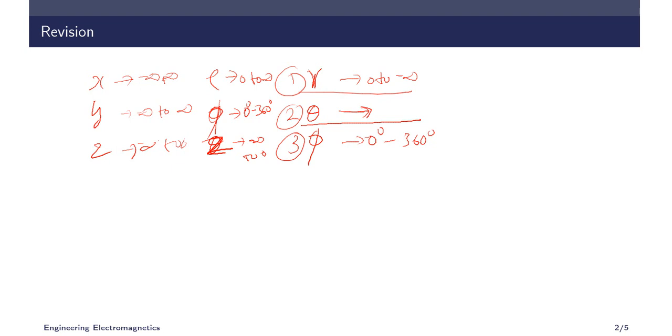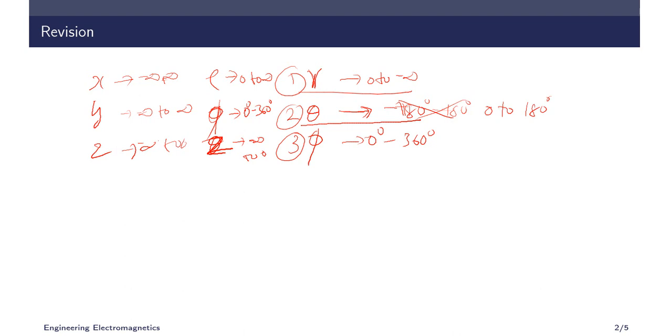And one more correction I have to tell here is about theta. In the last class I mentioned it starts from minus pi or minus 180 degree to 180 degree, which is not correct. Actually it should be 0 to 180 degree. Please correct this in your notebook. It starts from 0 to 180 degree.